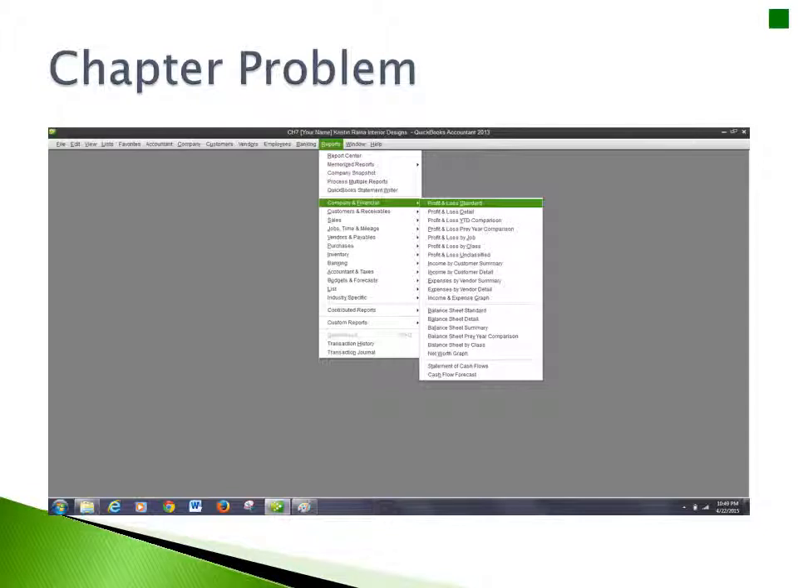To print the Profit and Loss Standard Report, click Reports on the main menu bar, point to Company and Financial, and click Profit and Loss Standard. Change the dates to 4/1/2014 in the From and To fields. Click Refresh. Click File, Save as PDF, navigate to your Chapter 7 Practice Reports folder, and save the report as